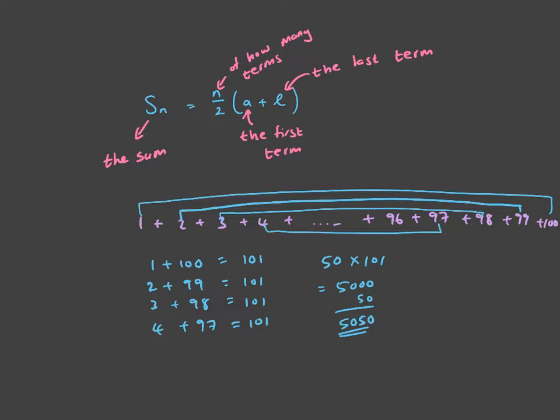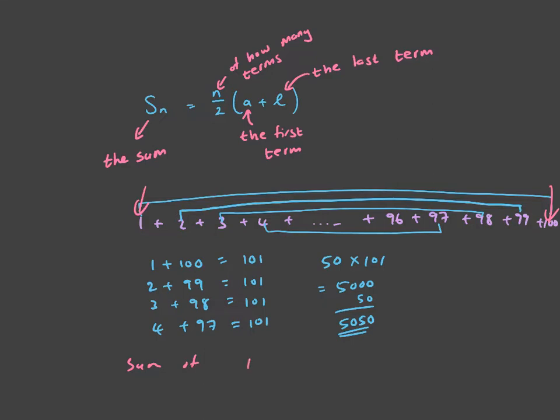So in other words, it's the sum of the first term plus the last term, and then it's the total number of terms divided by 2. So that's one formula that we can use. So in other words, if I ask you to find the sum